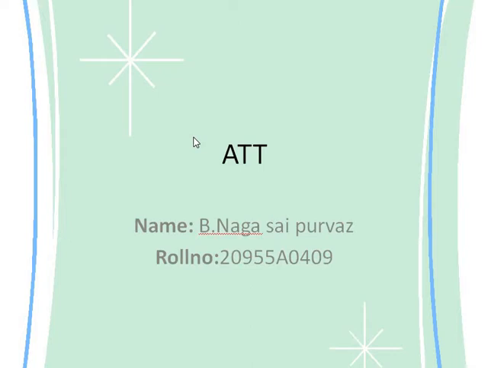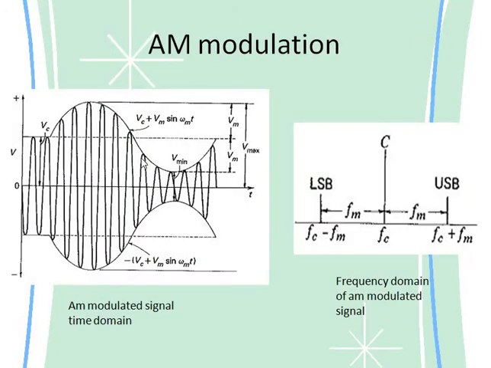So here we will do the modulation for making to send the signal far and increasing the power of the signal. This is the AM signal which is generated, and this is the frequency domain of the AM signal. There are two bands and a carrier signal here. This is the first amplitude, this is the second amplitude, this is the full carrier. So this is the DSBFC or full carrier, double sideband full carrier amplitude modulation technique.